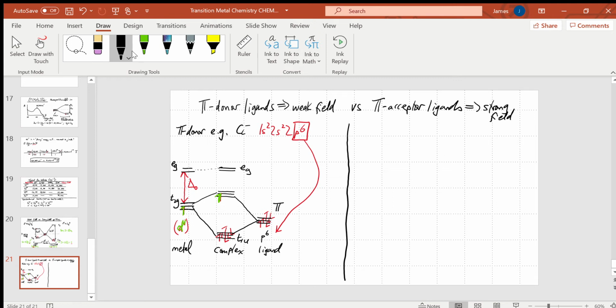So this is T1U, this is T1U star. So in effect, this T1U star has become the new T2G. So in effect, what we've done, because of this pi donation of the ligand electrons into the complex orbitals,